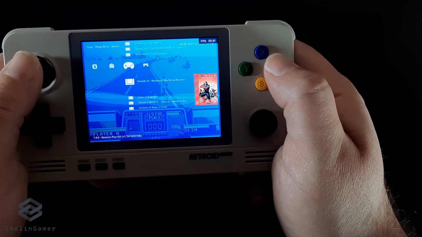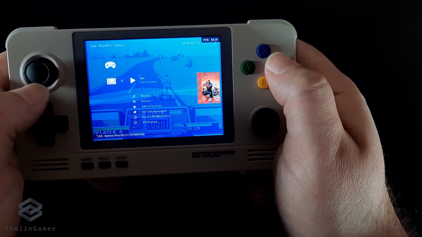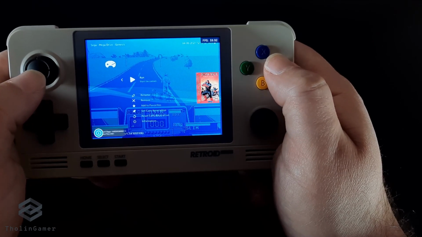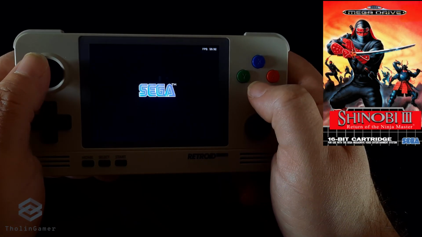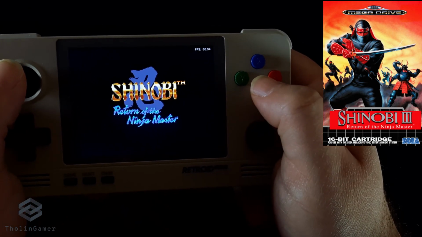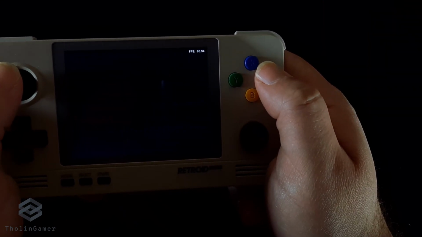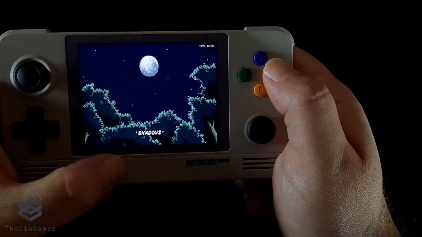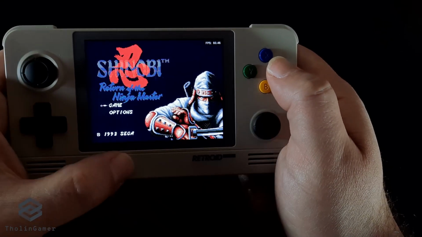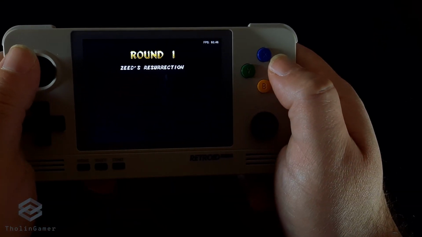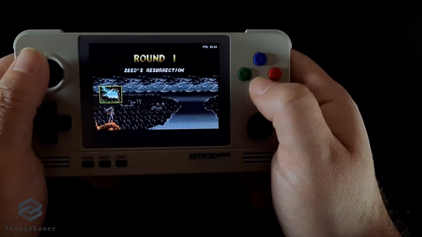For our sixth game, we are going back to a Sega developed game, and this time it's an action one. This is Shinobi 3. Now, Shinobi means ninja. Actually, in Japanese, ninja is more of a slang term, let's say. Shinobi is the actual term that the Japanese use for this type of stealth fighters.